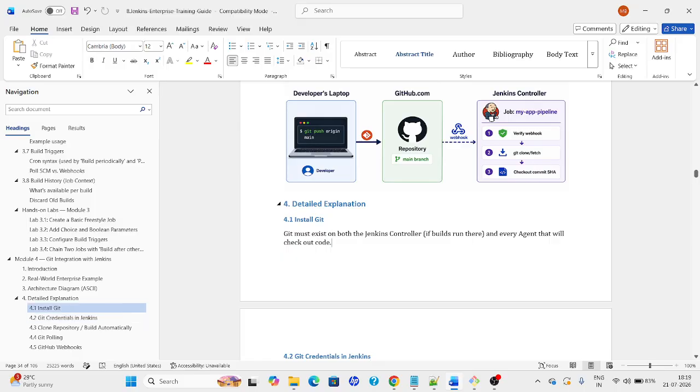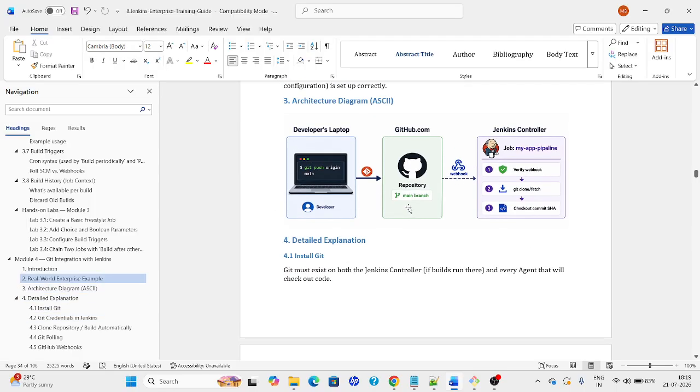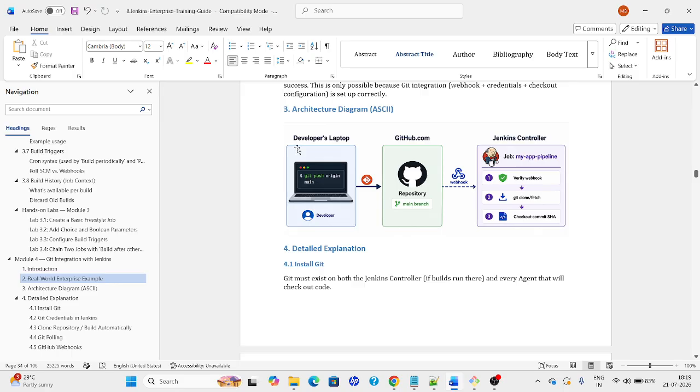The architecture diagram of Jenkins with Git looks like this. The developer pushes the code to the GitHub repository, and it does not immediately trigger the job, because we set up a particular branch to receive the data. If the developer's code is pushed to a hotfix branch, it will not trigger the job until it is merged with the main branch. They create a pull request, and once it is approved,